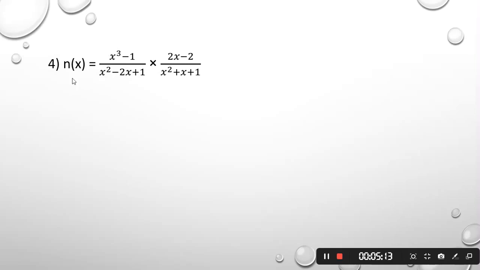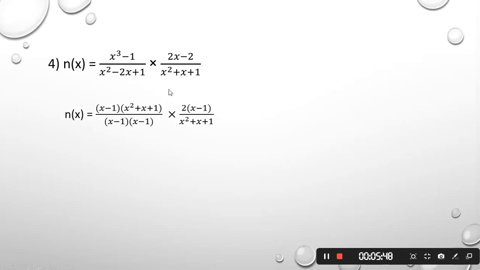Number 4. n of x equals (x power 3 minus 1) over (x power 2 minus 2x plus 1), multiplied by (2x minus 2) over (x power 2 plus x plus 1). Let's factorize. This will be x minus 1, the difference between two cubes: (x minus 1)(x power 2 plus x plus 1) over (x minus 1)(x minus 1). Other part, 2 out, (x minus 1) over